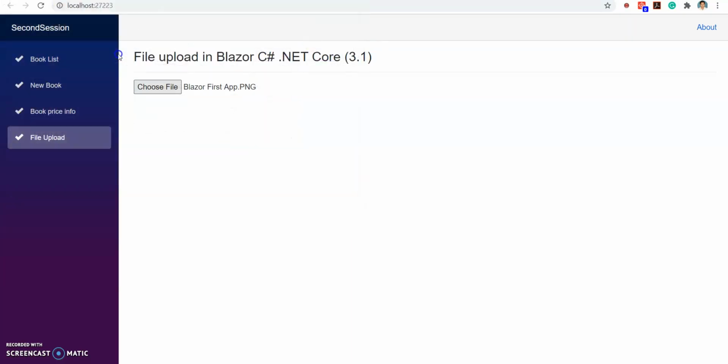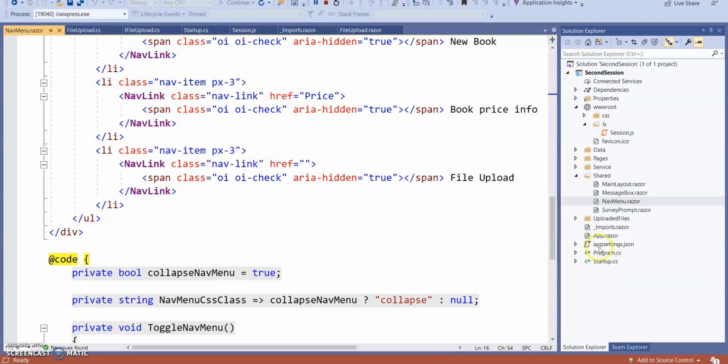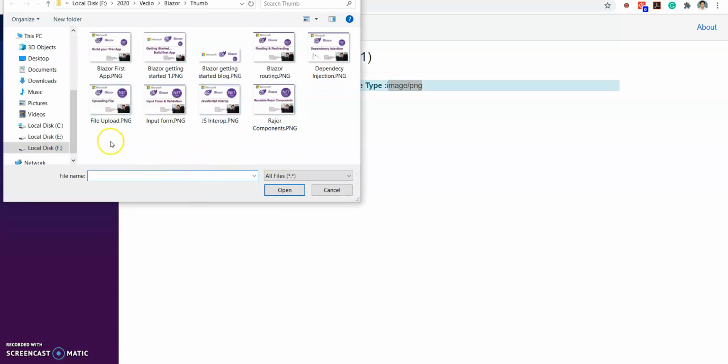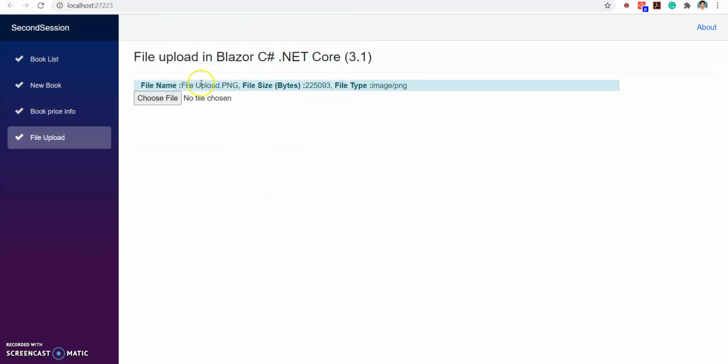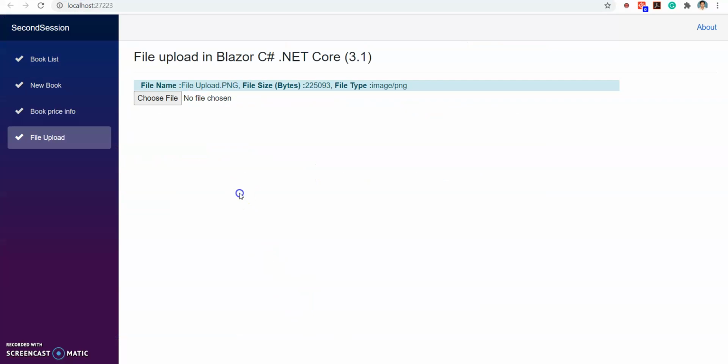Let's say, so it shows the file name, the file size, and the file type. Select, go to application. You can see Blazor fast app.png added here. I am uploading one more, let's say today's session file upload. You can see file upload.png, size and the type. Go to here. You can see file upload.png. So in this way we can upload a file to our Blazor server app.